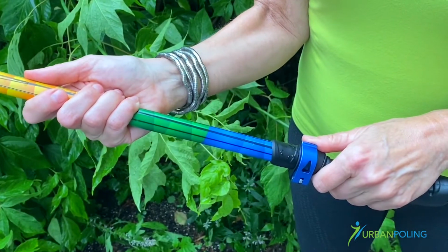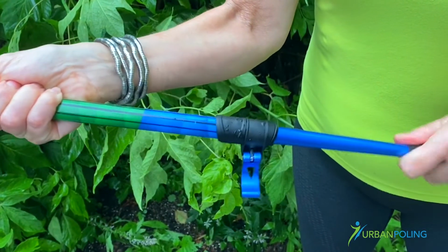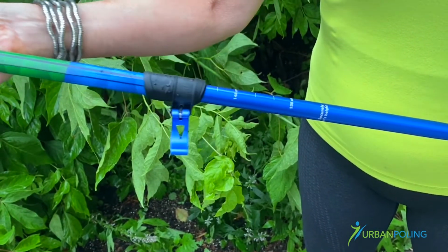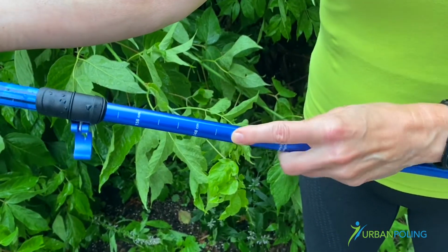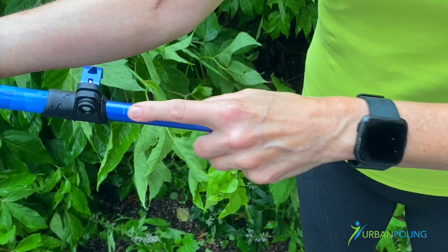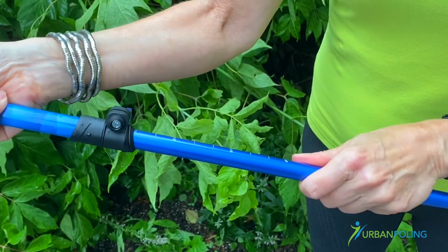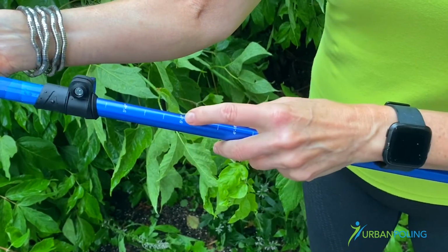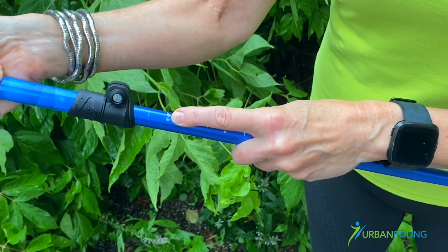To lengthen your poles, simply open up the tab here on your flip lock and then wiggle the lower section of your pole out of the upper section here. And you'll see numbers emerging. So here are centimeters on this side, and then if I roll over the pole, I have inches on this side. So I'm 5 feet 4 inches. So I'm looking for 5'4" on the pole here. Here's 5'6", here's 5'2". So I'm going to wiggle my poles halfway in between to 5'4",